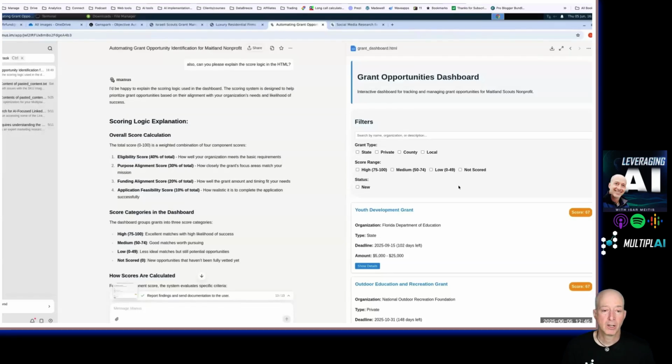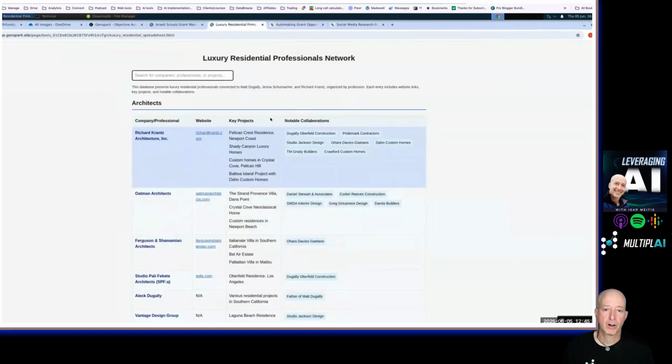I like the Genspark user interface better, but from a practicality perspective, they're both highly practical for my needs. The last thing that I want to show you is something that is more business oriented, because most of you are in businesses and not in nonprofit, but you hopefully get the point even from the nonprofit thing. What I've done here is actually something that one of my clients has done initially, and I just use and